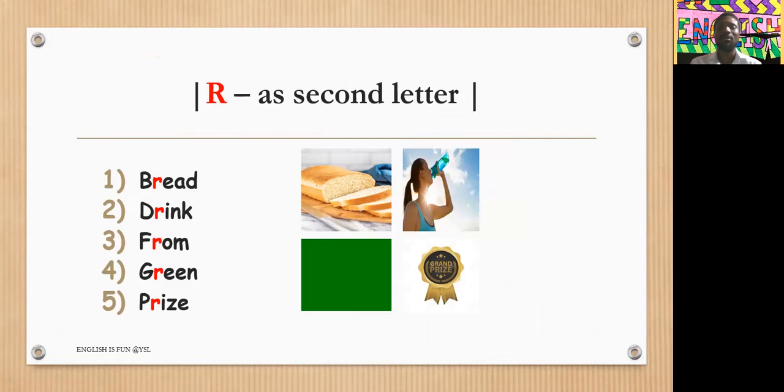So we have bread. You can sound the R. R is sounded: bread. The next one, drink. Drink is a verb. Okay, followed by from,